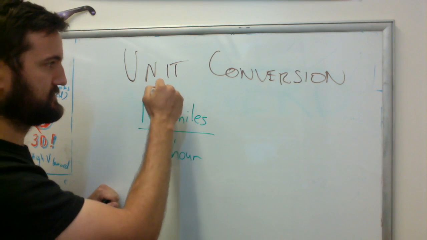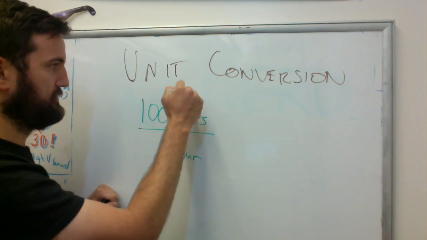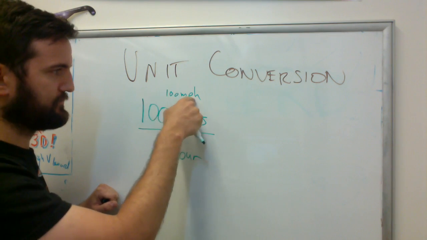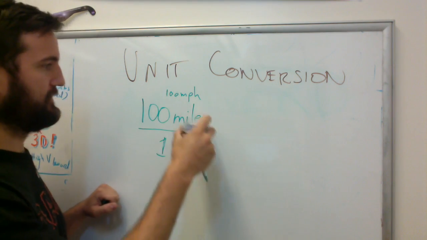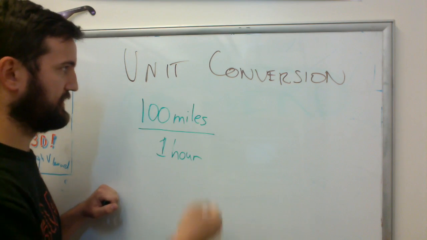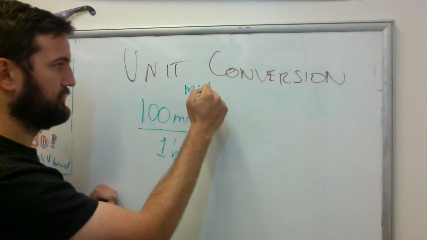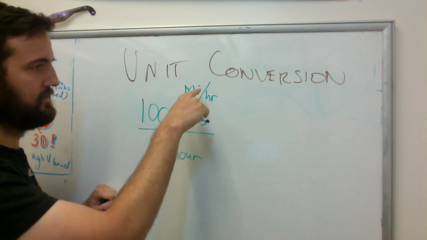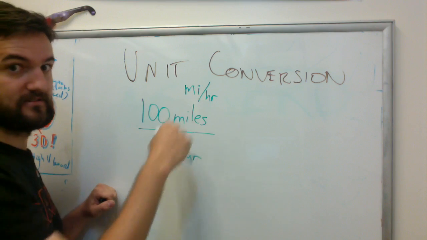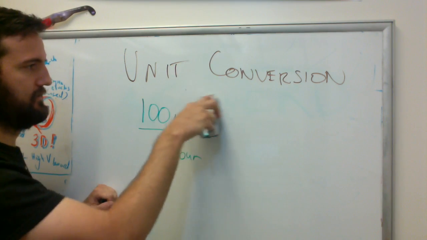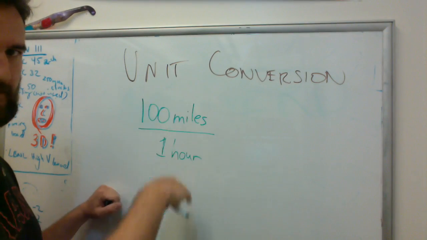So a lot of times you see this written as mph. So that's miles per hour. That's the standard way to write it. You might also see it written like this, miles per hour. And notice in this, you'll see that division symbol there. But just to make everything clear and straightforward, I like to write it in just this up-down format, 100 miles